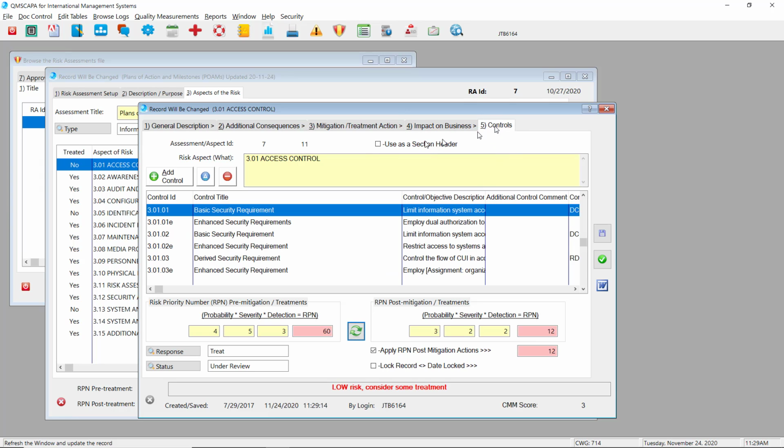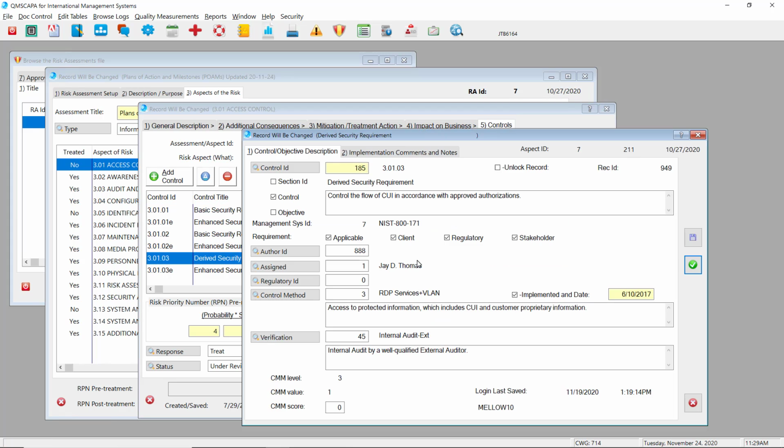On tab 5 is where the actual controls are, and this correlates with NIST 800-171, the very specific security requirements, or the derived security requirements. We've also included some of the enhanced requirements that are coming in version B of NIST 800-171. So I'm going to take you a little deeper into the flow of CUI. So we're going to go into this, and you see that each control has